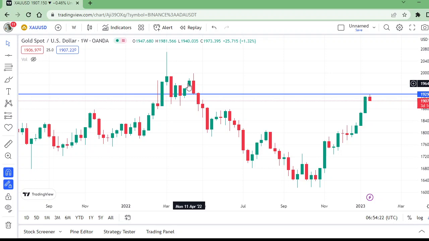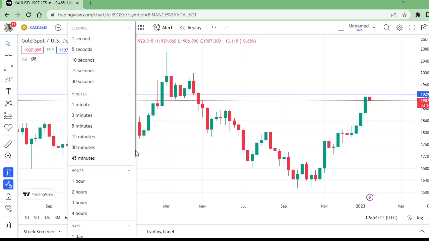After going above this level, it went up and came down. This is the wick, and there is a huge market structure above this level. So weekly rejection is also being seen here. And on the daily time frame,